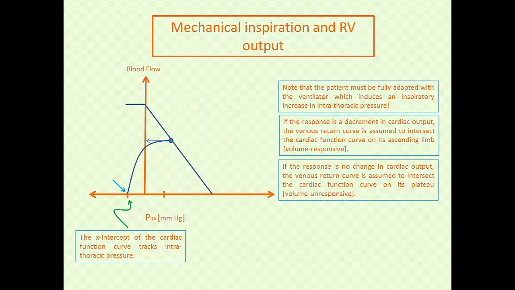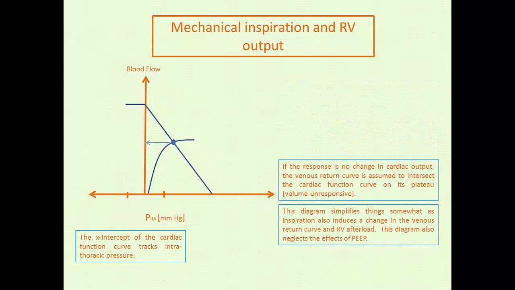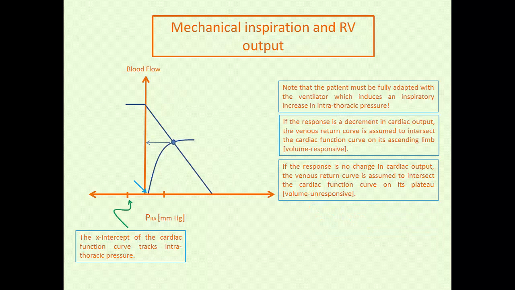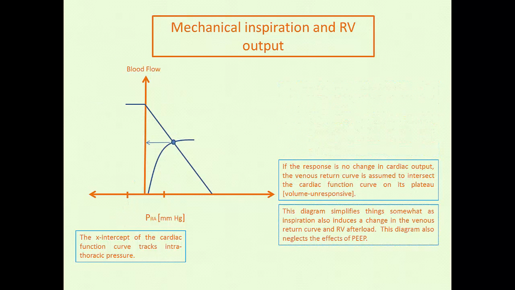By contrast, if the patient is on the plateau or the volume non-responsive portion of their curve, the same increase in intrathoracic pressure from a mechanical breath will induce essentially no change in cardiac output. And this patient will be deemed to be volume non-responsive. Okay, so this diagram simplifies things a little bit